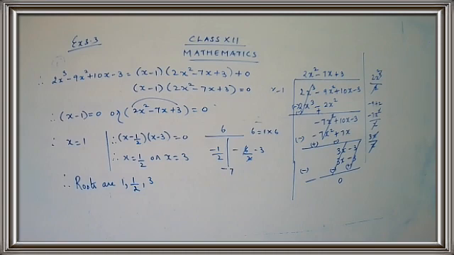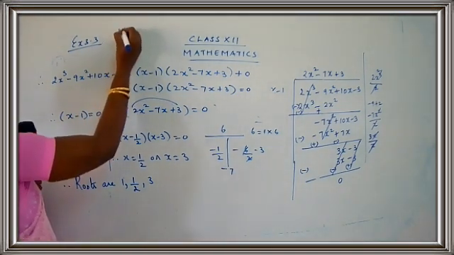So we started with the cubic equation. Then we found the factor for it. We used the cases that we have written under points to remember. We found one of the factors, and after finding the factor we divided, and after division we got another factor. Then we took both the factors and we simplified them and we got the required roots. Yes, children? Yes. That was sum number 6, the first subpart from exercise 3.3.